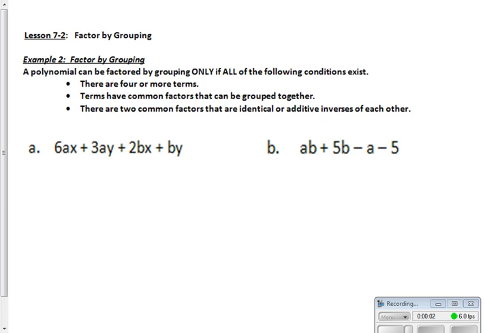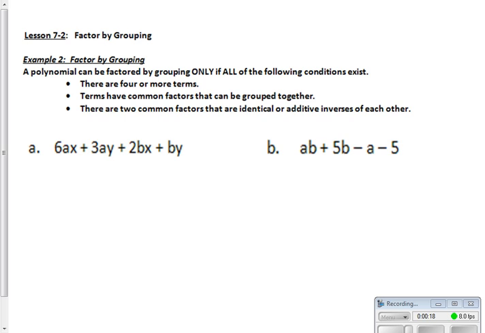Lesson 34 covers factor by grouping. In order to factor by grouping, again, we're dealing with polynomials here. We factored out of trinomials, we factored out of binomials. Now we're going to get into some polynomials. And in order to do this, we're going to need to factor by grouping here, because you can see that